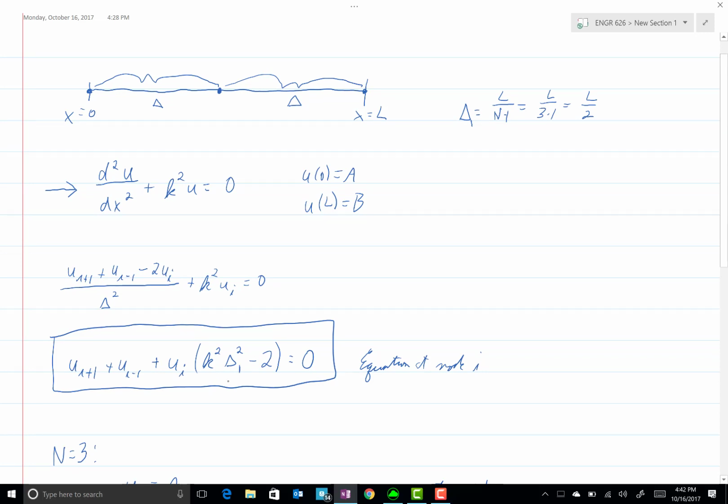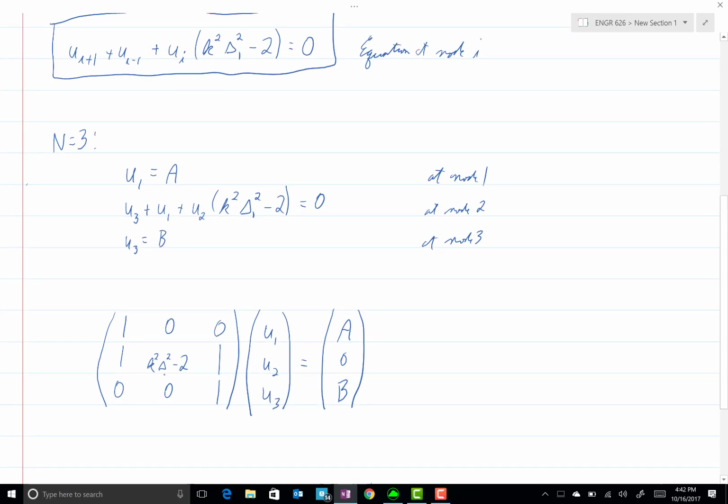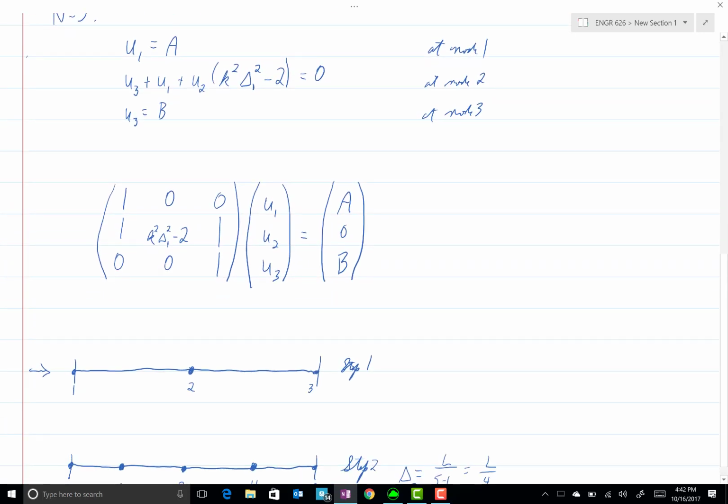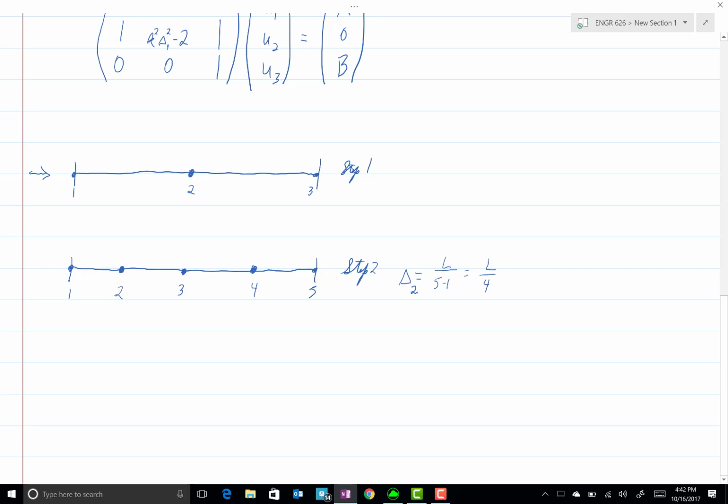And likewise here in this equation, I'll say delta 1 to make sure that there's no ambiguity, because we definitely are changing the delta as we go from step to step. So if I put that subscript of 1 everywhere there, we will get that. And then here in step 2, when we look at our equations, U1 is equal to A, and then we'll have U3